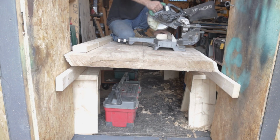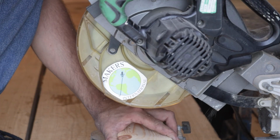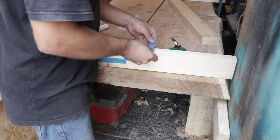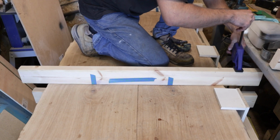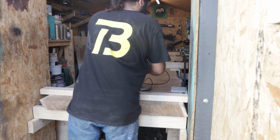Now these are for some vertical clamping pressure all the way down. And I'm just putting some greaseproof paper on to make sure that any glue spill out doesn't stick to it. And I'm just doing a dry run first just to see how long it actually takes to glue up something this size. And it is true what they say, with a glue up this big you really never can have too many